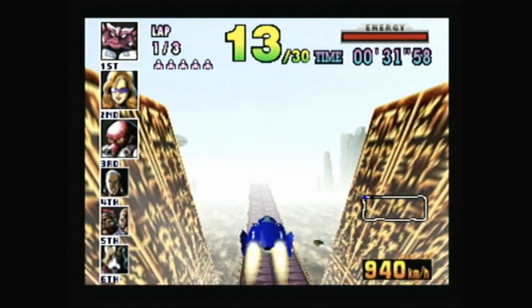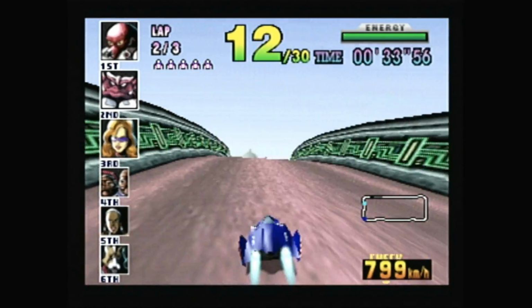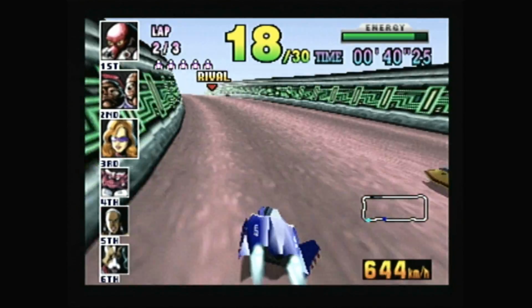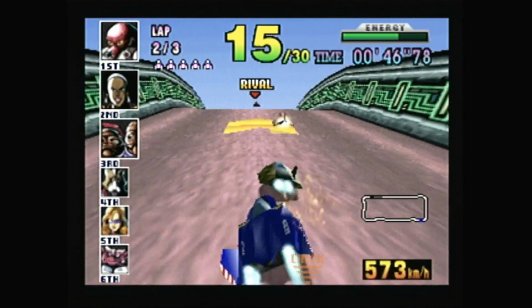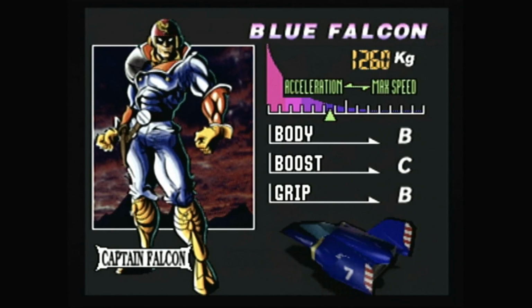F-Zero X is a constant thrill ride, thanks to its ridiculous speed and track layout, but there's also a real design savvy here. The graphics are basic and you might even say bland when they're still, but in motion, F-Zero X is almost hypnotic. The game's futuristic look is complemented by a more fully realized comic book aesthetic, not to mention a little Art Deco of all things,